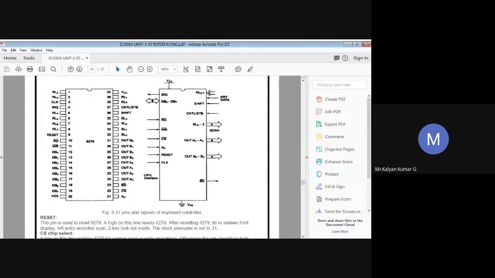8278 to receive data from the external bus. That is the purpose of this pin. And moving to the write pin. Whenever this pin is set low, let me recall the active low signals now, it enables the data buffers to send data to the external bus. That is the function of this write pin.